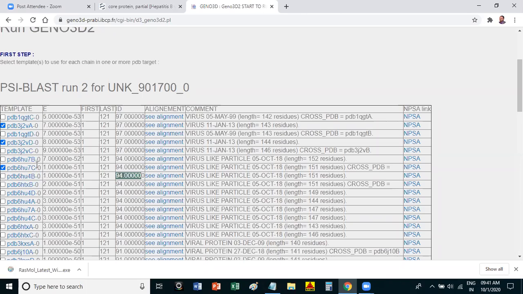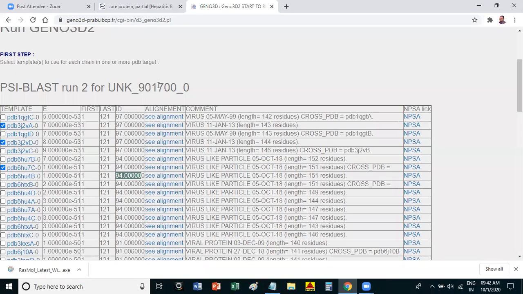When you select all those sequences, you can select one sequence also, or you can select 3-4 sequences, no problem. When you select all these sequences from your Geno3D, they will be used against the target. What is the target concept here? In PDB, protein structures are there. Our aim is to get the 3D structure of protein. The 3D structure of protein is present in your PDB. It is not present in GenBank or EMBL.